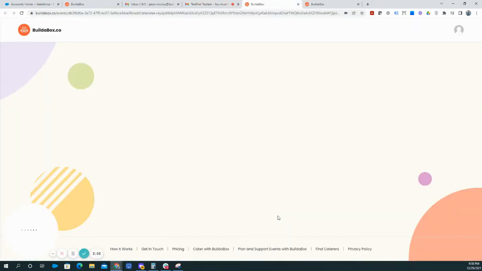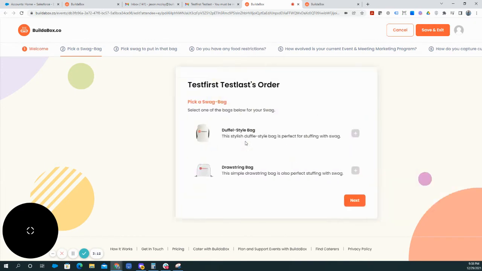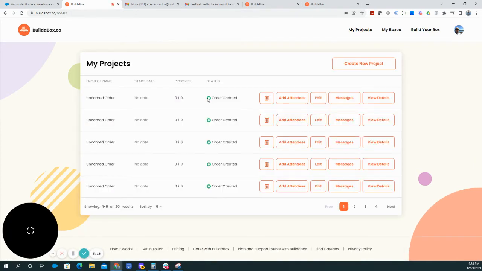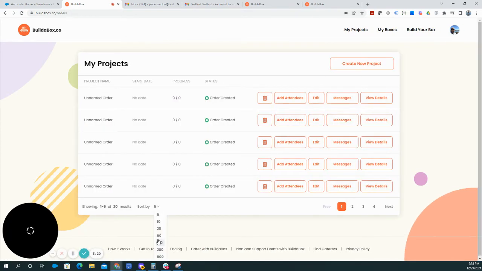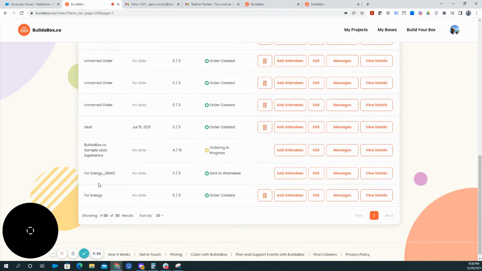And then when they click build your box, it's going to take them into the full form that they would be filling out. There are a lot of different ways that this can be done. This would be one way. This is all the selections that we created in the order form that was here. So we're going to walk back a little bit just so you can see what's actually going on. Here's my